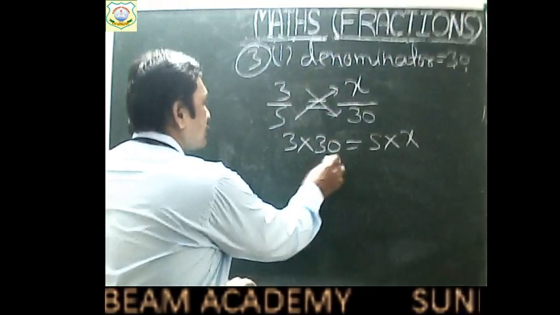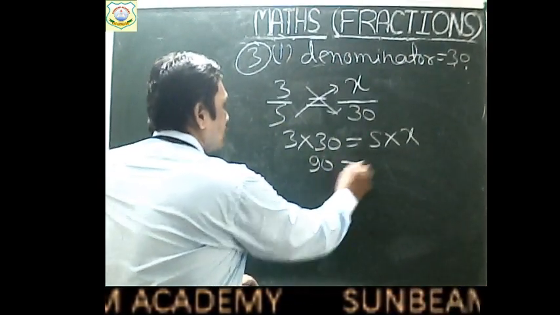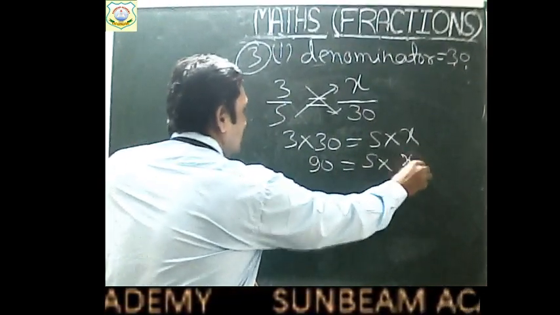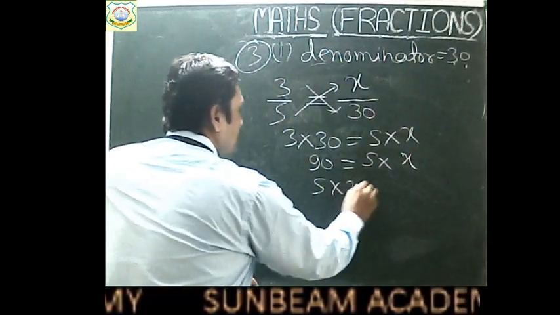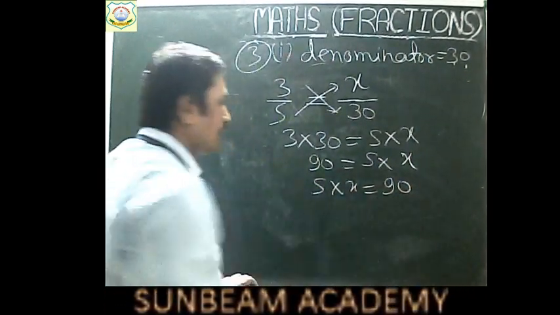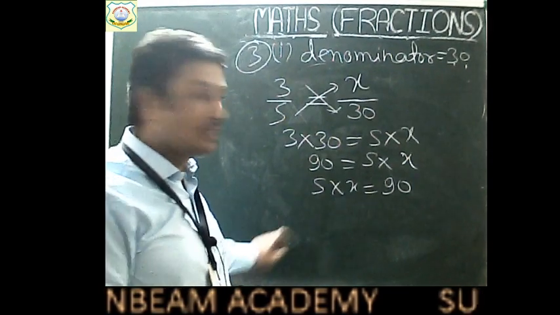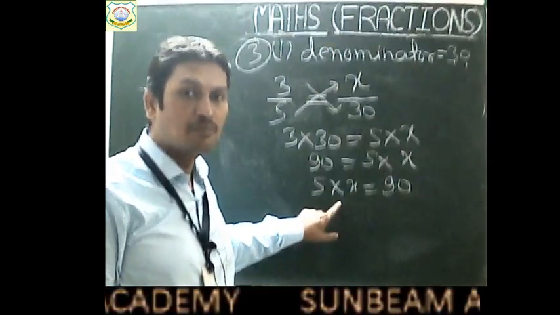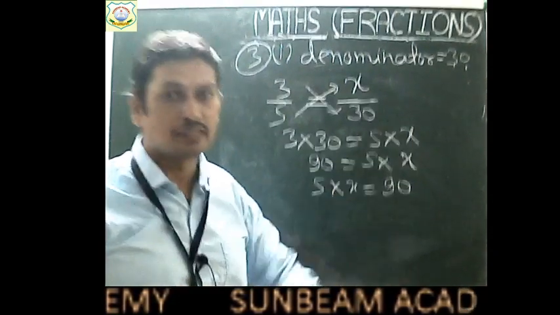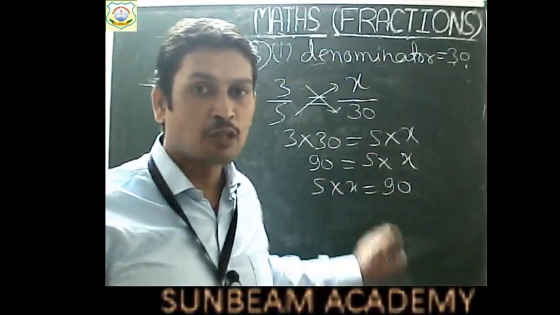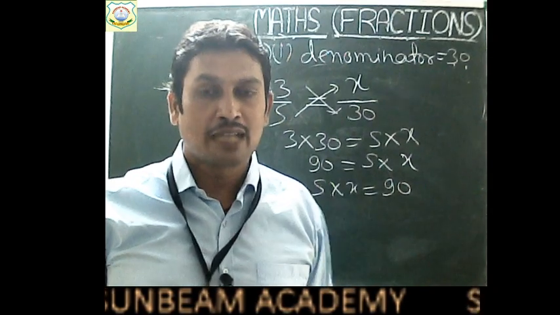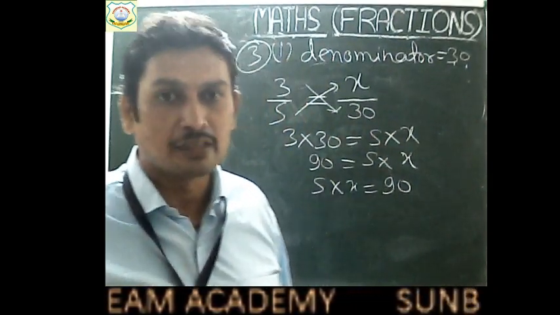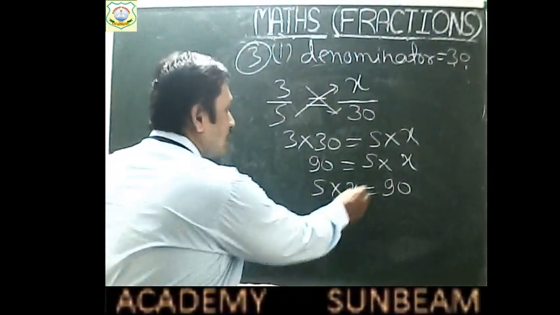So we can say, children, 3 3s are 90 equal to 5 into x. It means 5 into x equal to 90. Right, children? So if we multiply x with 5, we get 90. X is a number which multiplied with 5 results in 90. Okay, so 5 times of the number is equal to 90. So that number must be 5 times less than 90. Okay, here x is multiplied with 5.